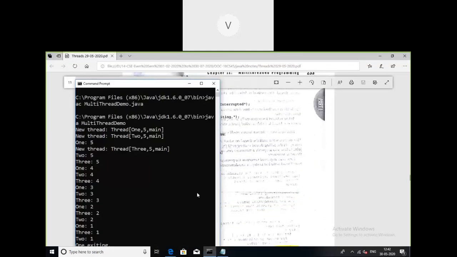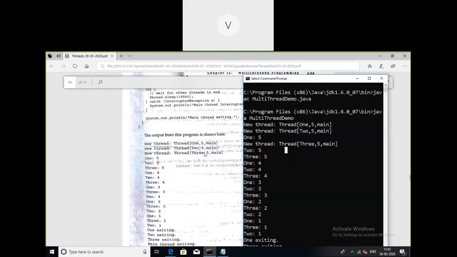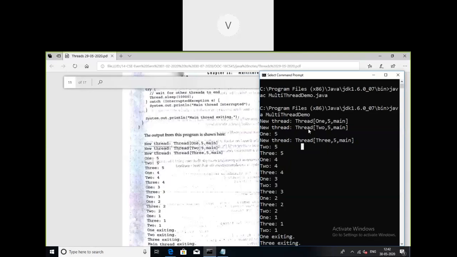You can see this order from the textbook. If you look at the textbook here, this is one sample output which is given in the book. But the order is different from what we have executed. Thread 1, 2, and 3: the third thread is being created here. Before that, the first thread has executed for its one instance. In the book, it appears here, and in ours it appears here. Similarly, you can compare that these two orders are different.